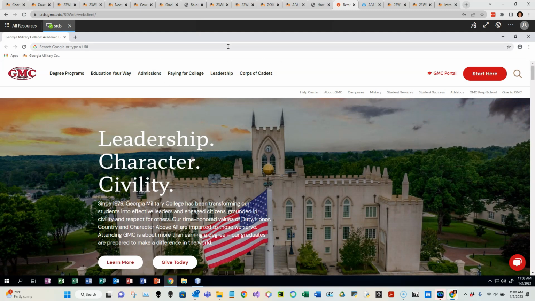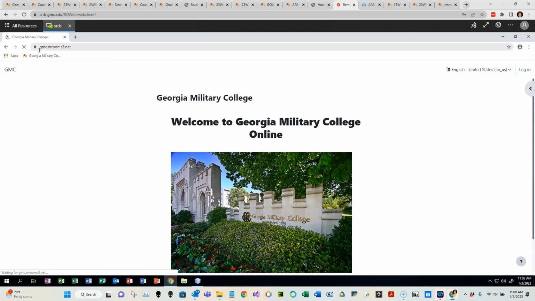And if you're having trouble getting to the classroom inside the virtual desktop, just type in this web address here, gmc.mrooms3.net. I have had a few students report that they couldn't get here using the virtual desktop. But as long as you type this in directly into Chrome, in the virtual desktop, you can get there,